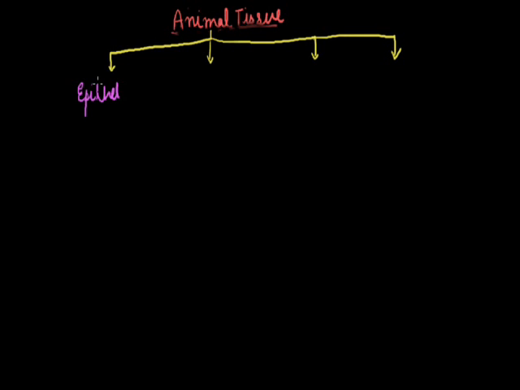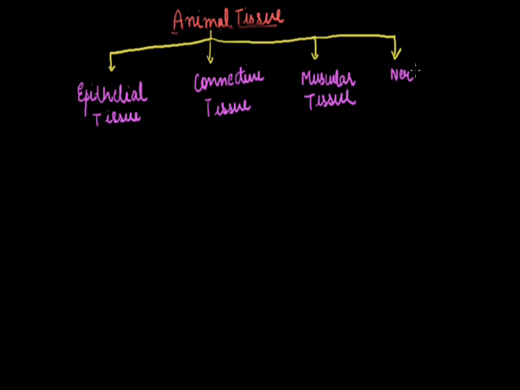Starting with animal tissue. The animal tissues are broadly divided into the following categories. These are epithelial tissue, connective tissue, muscular tissue, and the nervous tissue. Today we are going to start with the